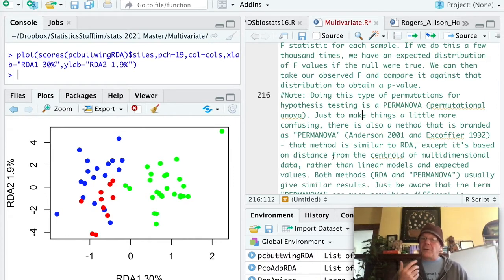But there's a little bit of confusion there because there is actually a method that was branded as PERMANOVA. It was published as PERMANOVA in 2001 by Marty Anderson. And it turns out mathematically it is identical to a method that was published in 1992 by Escoffier, where Escoffier built it specifically to deal with genetic differentiation using sequence data, whereas